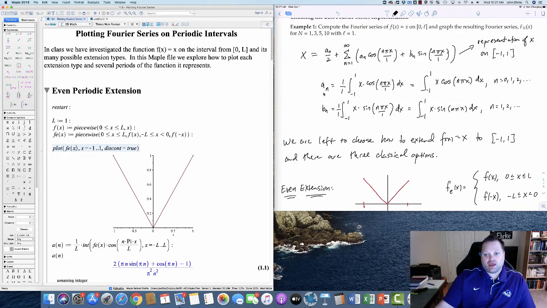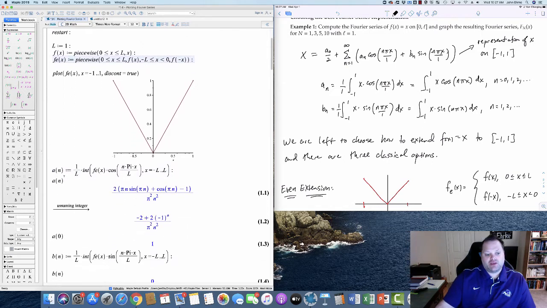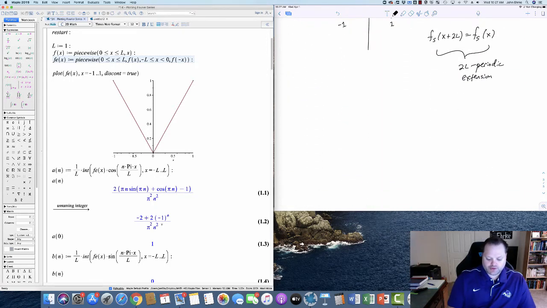Notice when I go to do the Fourier coefficients here, the an and the bn, I'm calculating the Fourier coefficients based on the even extension of the function. I've got the formula for the coefficients, and by the way, if you're giving me an answer for this problem, here's what your answer should be. If you have the even extension